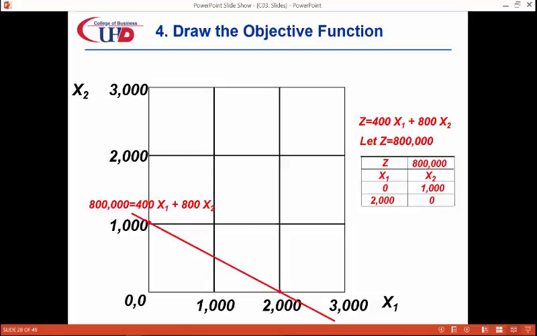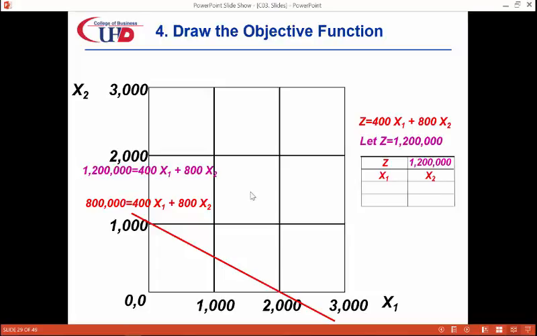Draw the line across the two intercepts. This is our first ISO profit line. Now, we are ready for the second ISO profit line. This time, we pick a reference profit of